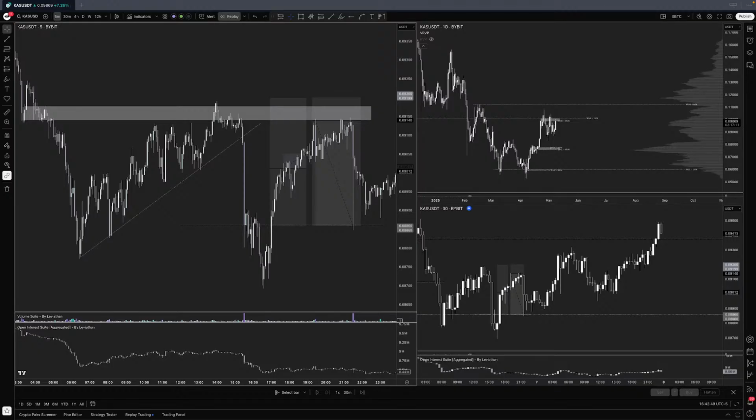How do I control my emotions when intraday trading? That's a very hard question, but what I would recommend is for you to start with swing trading. Don't go below 30 minutes. This is going to help you a lot when you start, because you need to develop patience in the market.